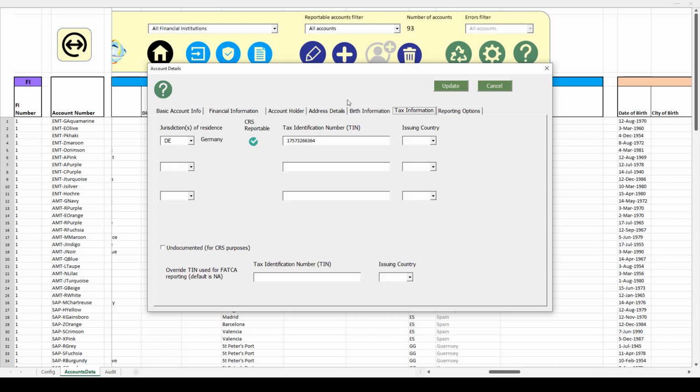On the tax information tab, we've added a CRS reportable indicator. In this case, Germany is a CRS reportable jurisdiction, so it's given me a tick to show that. So if you weren't sure whether a jurisdiction that your account holder was resident in was reportable, you can see that at a glance.